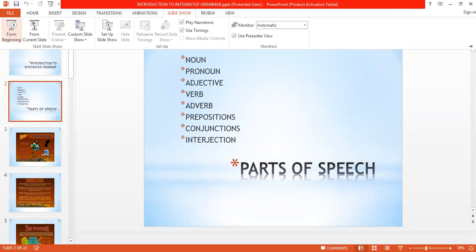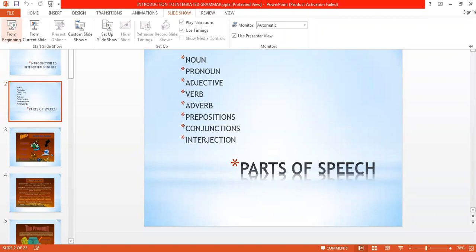Let's know about the noun. This is the very basic thing that you have been learning since class 1. So what are nouns? Nouns are the names that are given to a person, place, thing, or an animal. Anything. When we call out something, we have to give it a name so that it can be recognized. We give names to a person so that the particular person can be recognized with that name. In the same way, things are given names. Otherwise, how can we call them? We will be unable to call them if we do not give them a name. So names are the nouns.